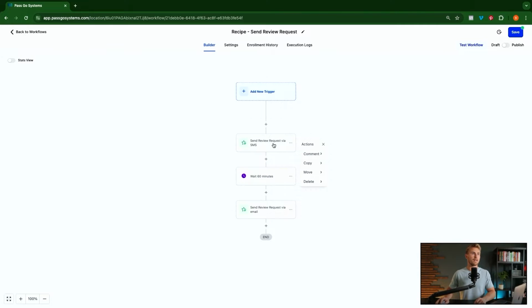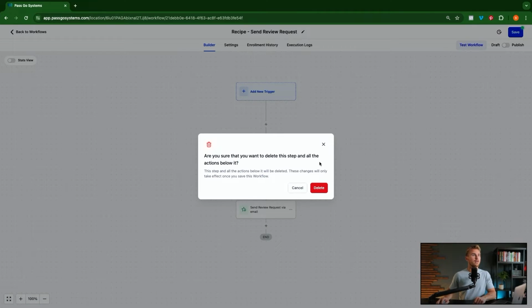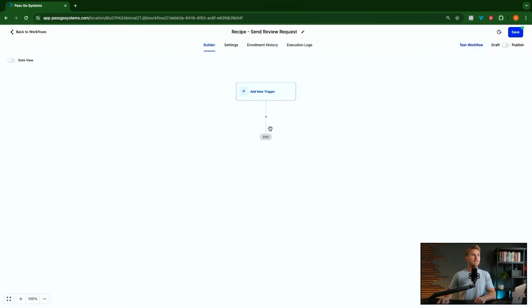But the other problem that I was talking about earlier is that when you just use this send review request feature, so I'll show you what this is. So delete all actions from here. So we're going to delete this. And we're now starting from a completely blank workflow. So you could have just said start from blank, but I wanted to show you what the traditional way of